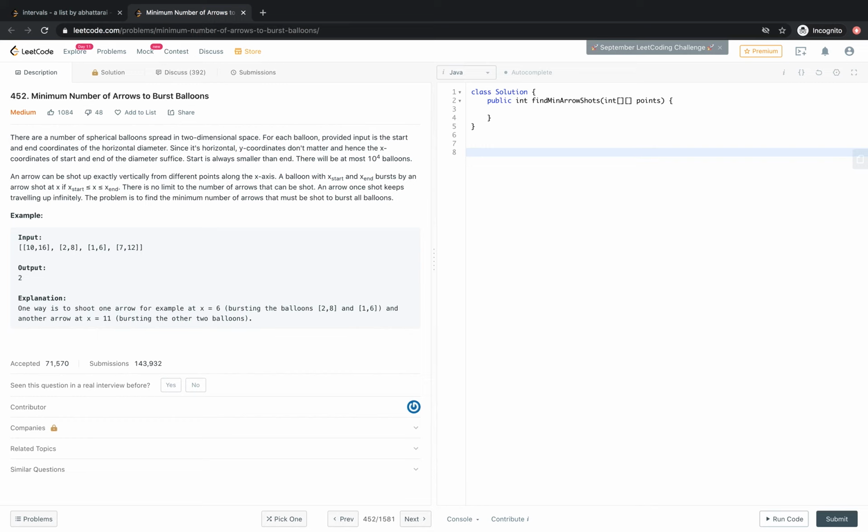Okay, an arrow is shot up exactly vertically and bursts the balloon, and there is no limit to the number of arrows that can be shot. An arrow, once shot, keeps traveling up infinitely. The problem is to find the minimum number of arrows that can be shot to burst all balloons. Okay, so in this problem we have